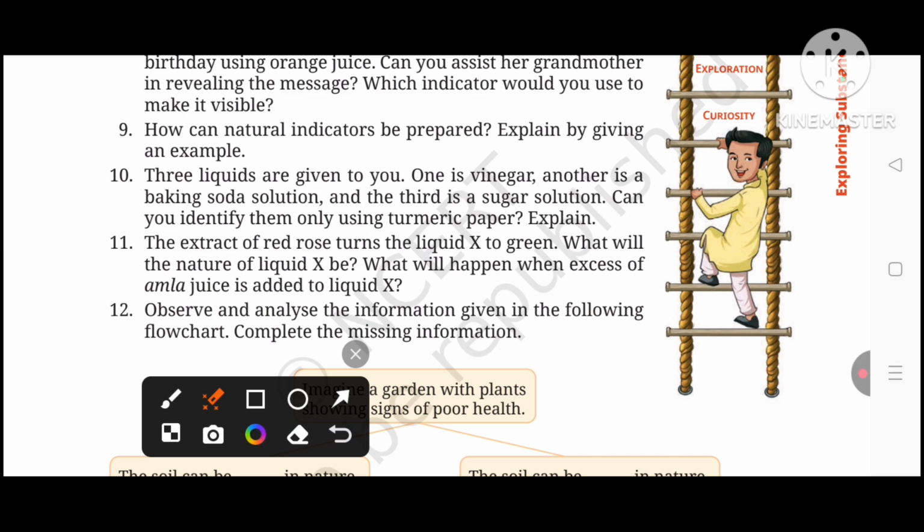The next question is: the extract of a red rose turns the liquid X green. That means liquid X is basic in nature. And what will the nature of liquid X be? It is basic in nature. What will happen when the excess of amla juice